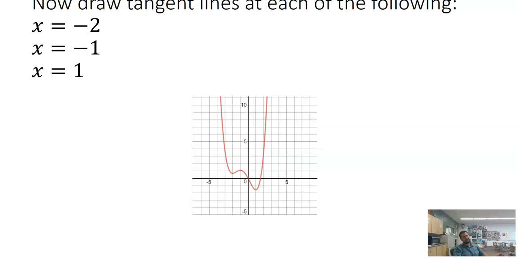You'll notice this last one says draw tangent lines at all the following: at x equals -2, at x equals -1, and x equals +1. If that's the case, hopefully you can see that all of those tangent lines would have a slope of 0. And this is what's true, and I chose those points specifically to show you that anywhere our function has a